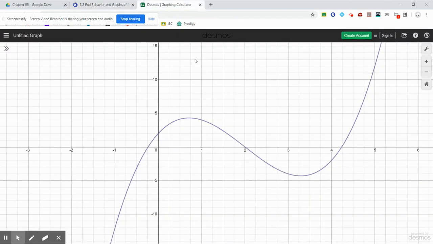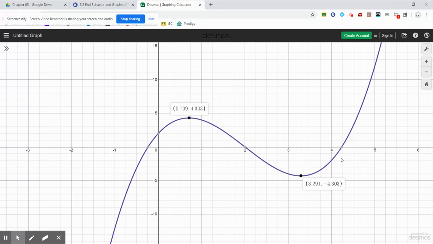Okay, and here we see a picture of that graph. Notice the x to the third. I want to point that out from the last lesson. Since it is x to the third, we have an increasing, and then once it gets to this point, it starts decreasing, and then from this point on, it starts increasing again. This x to the third graph is an odd degree function. And notice to the right, it goes to positive infinity. To the left, it goes to negative infinity,